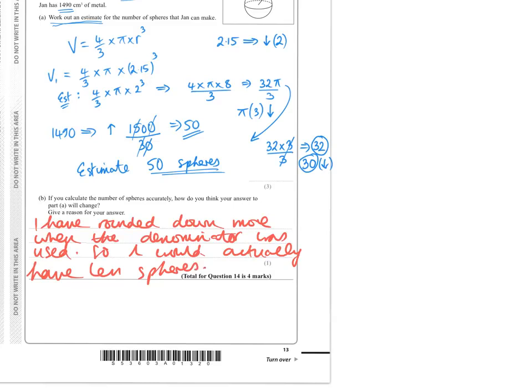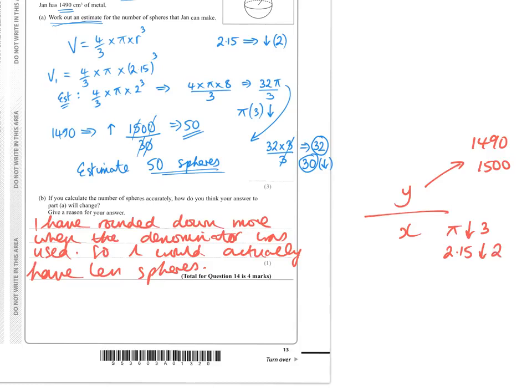Okay, now what I mean by that is, if we are dividing by a number, say x, and we have a number at the top y was 1490, and I only changed that to 1500, which was very small change. However, for the denominator, I involved the number pi, which I rounded down to 3, and I had 2.15, which